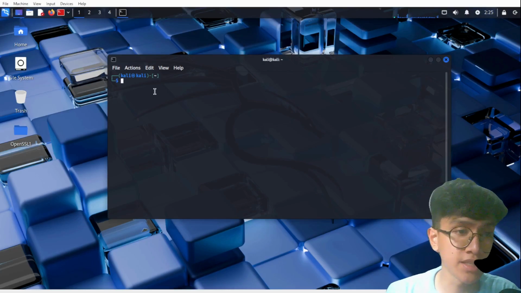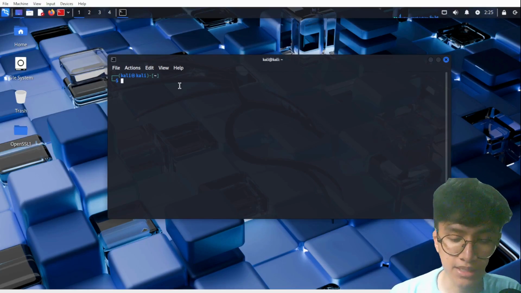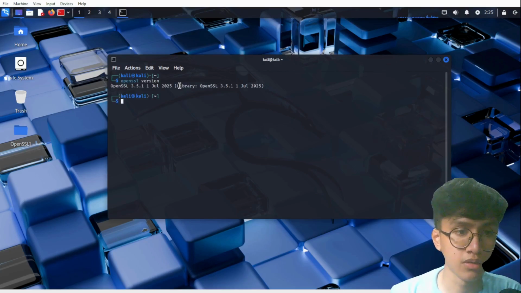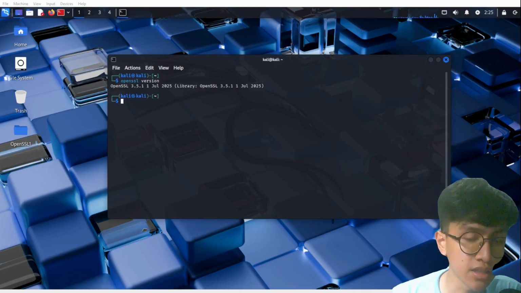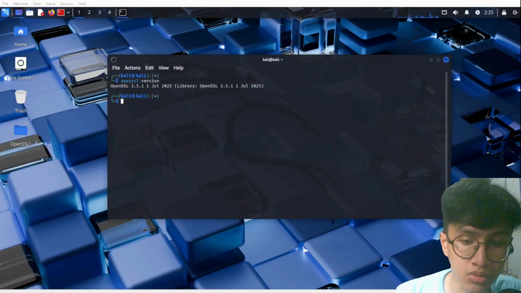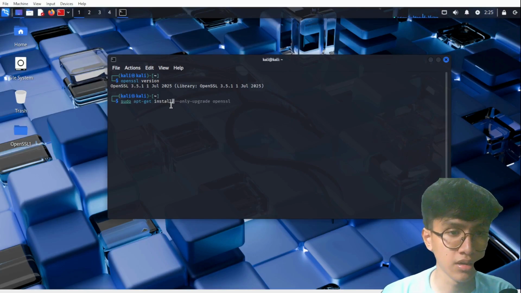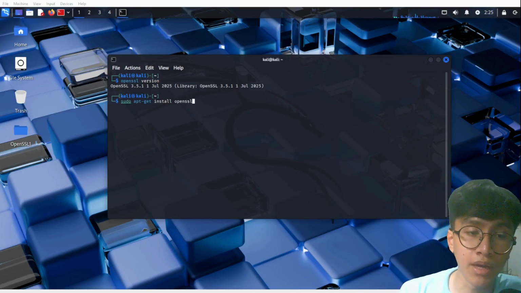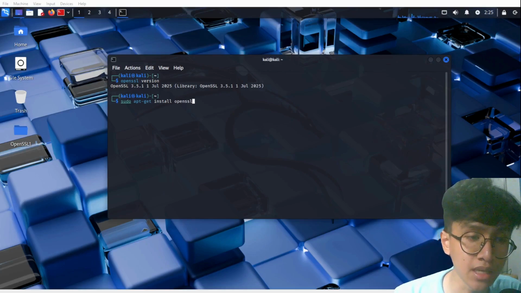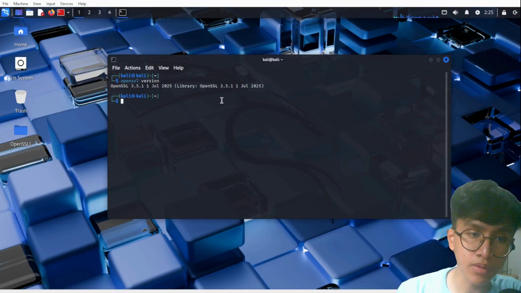To check if it is really inside our machine, we're gonna use the command openssl version. If it is not included in our machine or it's not installed, we can use sudo apt-get install openssl. This command will install OpenSSL, but right now I'm not gonna do it because I have already installed OpenSSL. It might break or something might happen. So that is the first way.